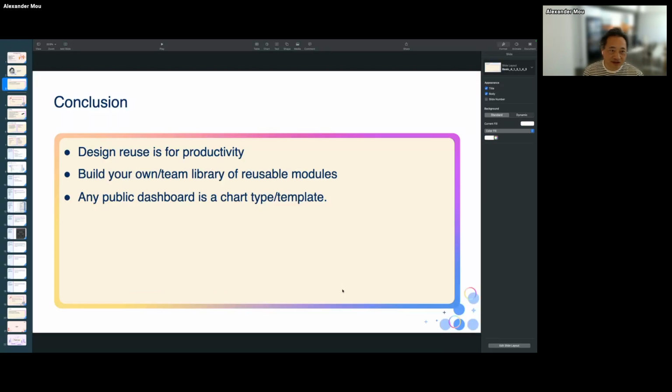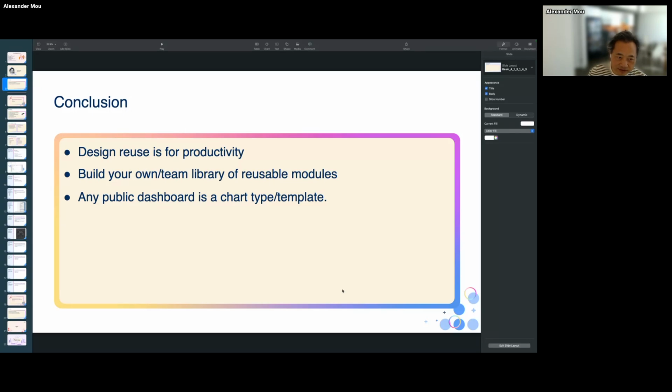Okay, so I'll show you the conclusion first. It's very simple: design reuse is for productivity. I also want to suggest you make a collection library of reusable modules, so in the future you can use them again and again in your career, in your practice, in your design.